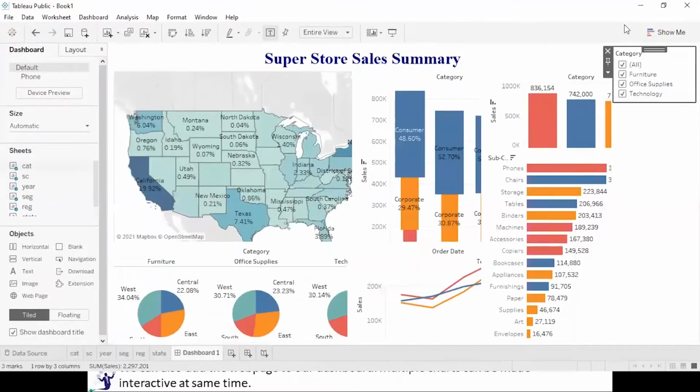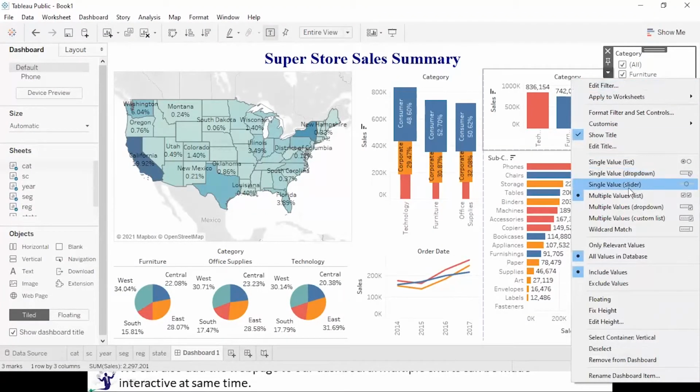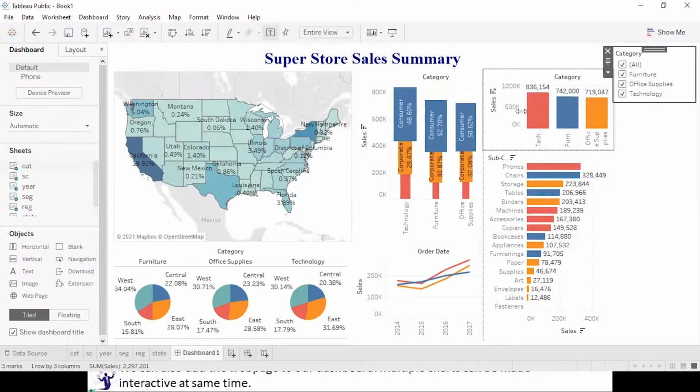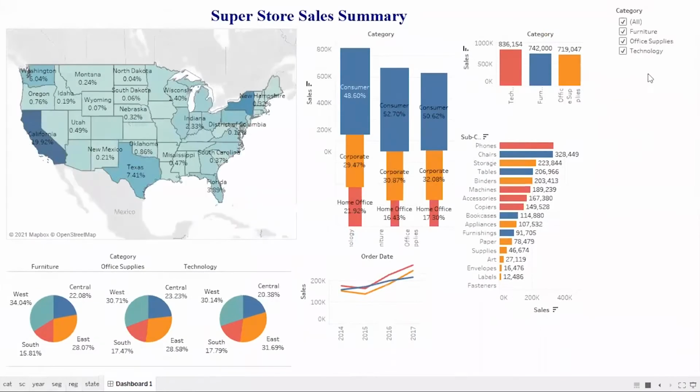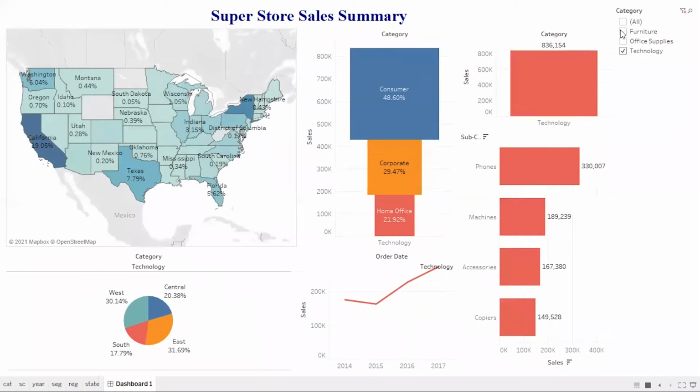So what we will do, we will go over here, click on this drop down arrow, and we will say apply to worksheets, and you will see all using this data. Here it is. Now see, now you remove furniture. The visual is talking only about the technology category.